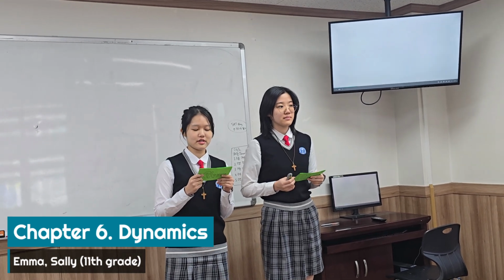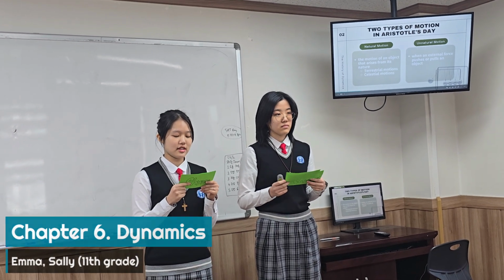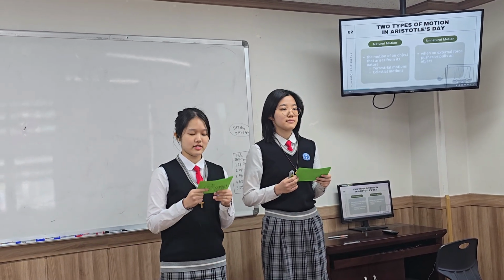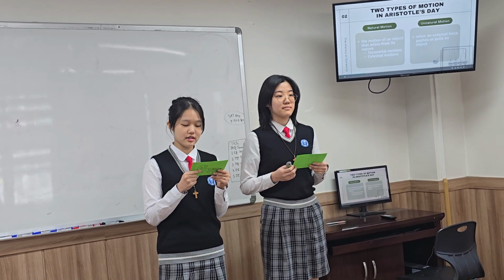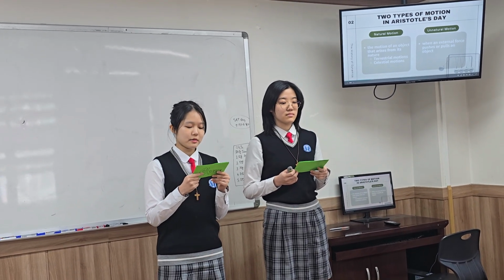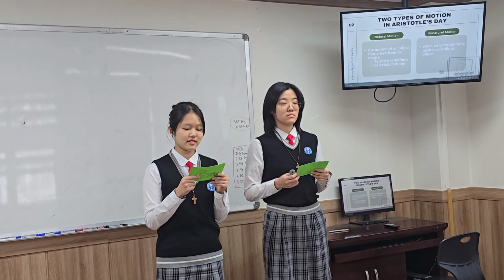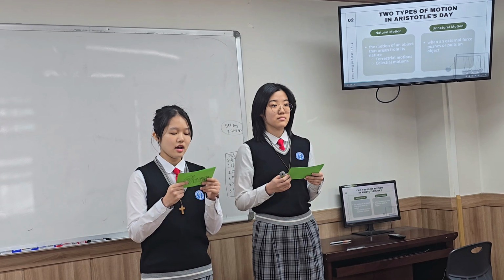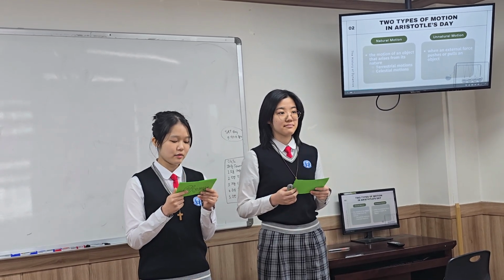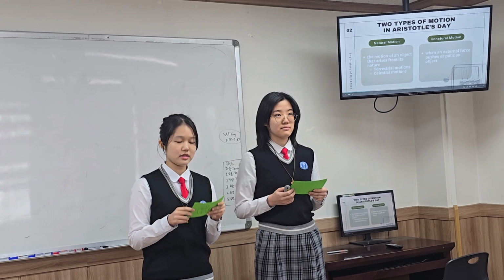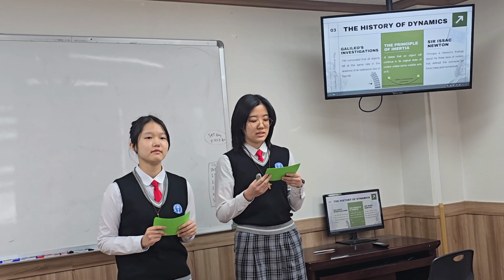We would like to start the presentation by introducing two types of motion. It is divided into natural and unnatural motion. Natural motion is the movement of objects that arises from their nature, without the need for an internal force. Its subcategories are terrestrial motion, motion near the Earth, and celestial motion, motion of planets. And all motion other than natural motion was called unnatural motion, and was thought to require a field force to be sustained.